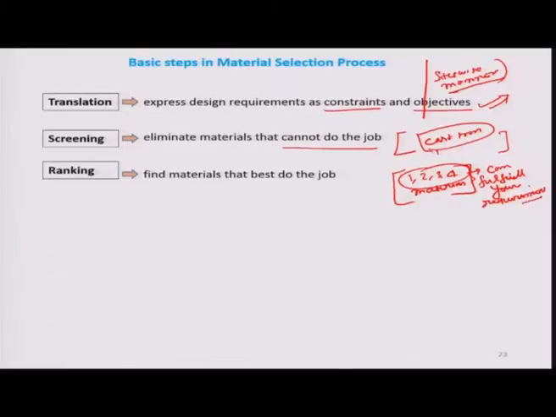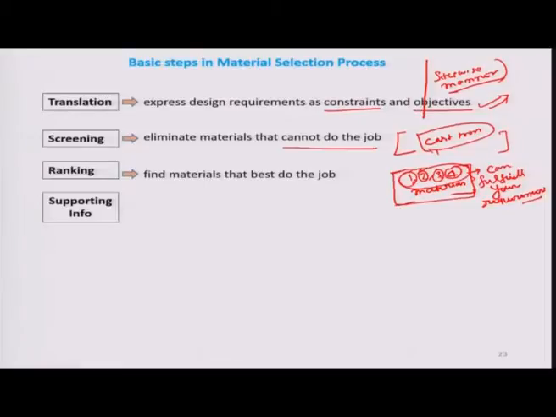Then it is a very confusing situation as to which material I am going to select. Okay. So there is a way to select the best out of 4 materials. That is the ranking.